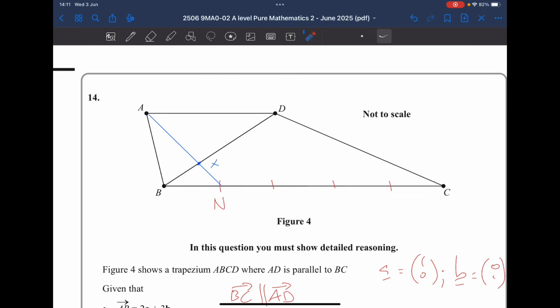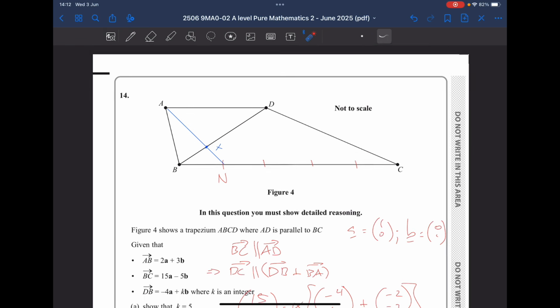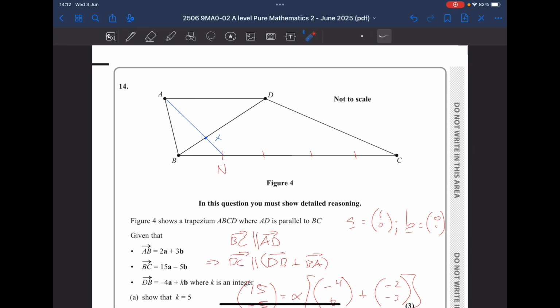You can see X has 2 lines on it. It's got this black line, B to D, and also the blue line, A to N. So we're going to start from one point. Where we start is up to us. I don't think it makes a huge difference. BD is already on that line, so I might just start with B. That might be my starting point. So B to D